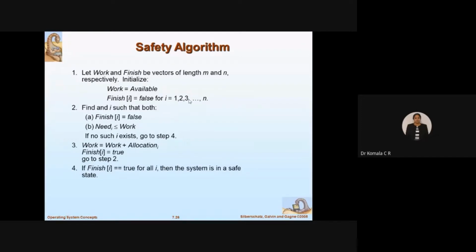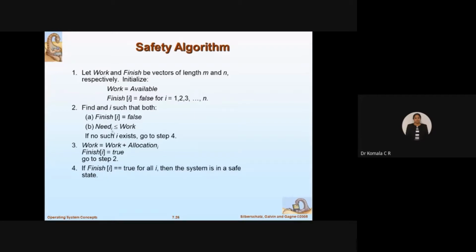So to check that, first I'll check, then I will change this Finish[i] to true. Once I take Finish[i] as true, that means I have decided the order, and then I'll go on executing in the order I have planned. So let us see how I'll do it. Let us check for i, which is the sequence I can go for. Initially Finish[i] is false, because I have not started with execution. I am still in the state of checking for the order in which I can go with the system in a safe state. Fine.